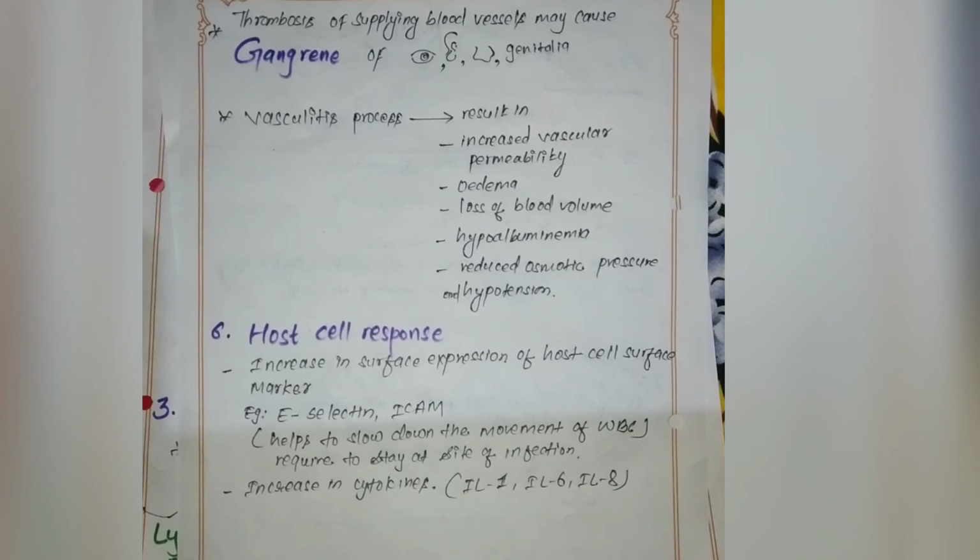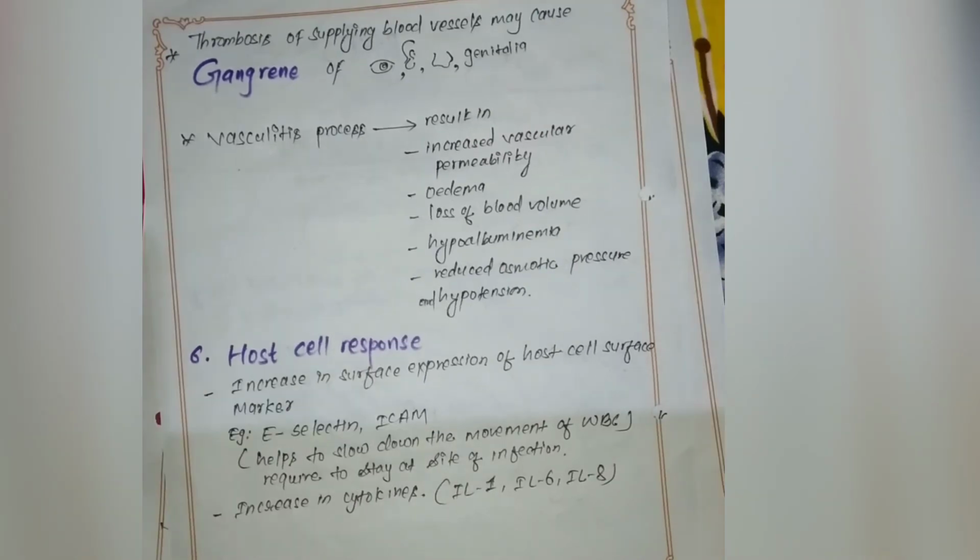And similarly, there will be an increase in cytokines like interleukin 1, interleukin 6, interleukin 8. That was the overview of the pathogenesis of the rickettsia. In the next video, we will talk about the different types of diseases that rickettsia causes, like